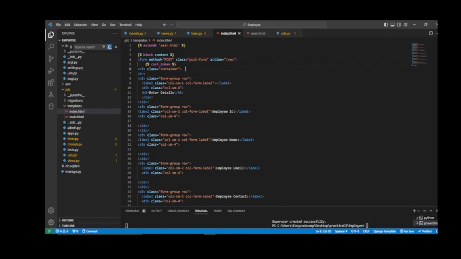So inside this form we can create this division form group. So we can make this label, can format this label, and we've got this division, can add this title. Inside this form group for employee ID, can add this dictionary